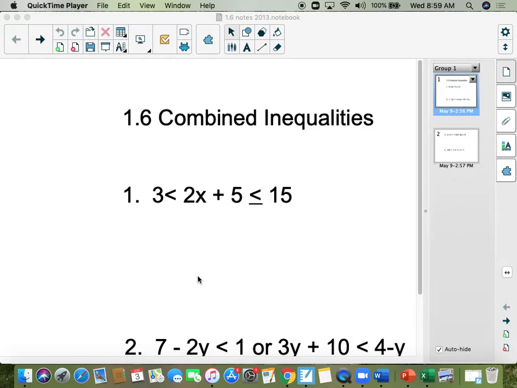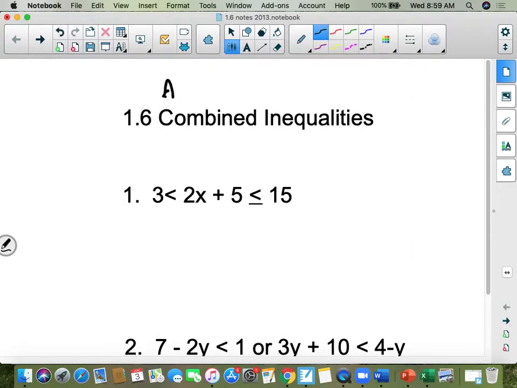Okay, we're doing something very similar to what we did in 1.5. As you can see, there's only two templates for today. We're basically doing the same thing, except there's an and to this and an or. An or is going to have an or in it, like right here. If there is no or, it's automatically an and. So, an and,